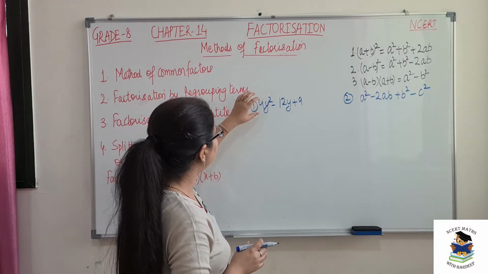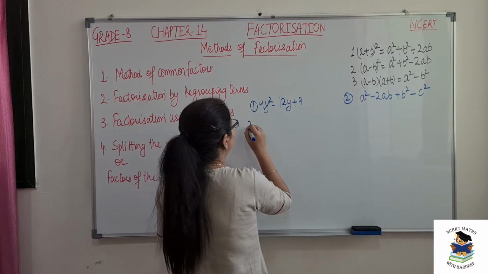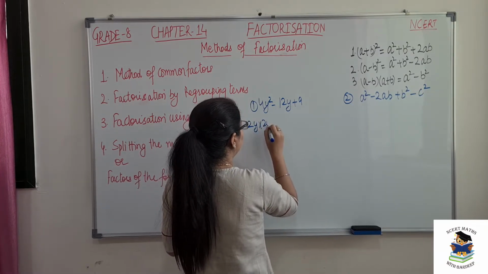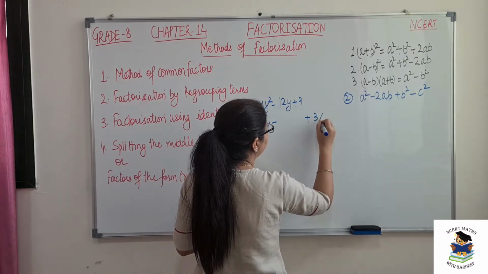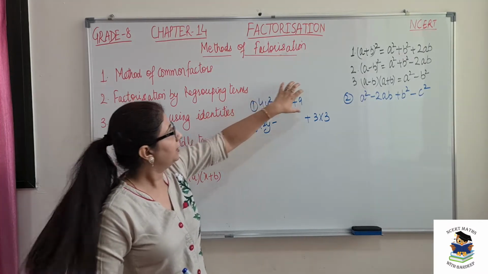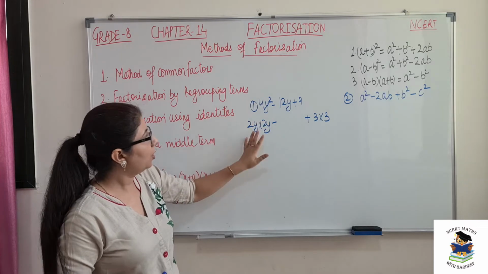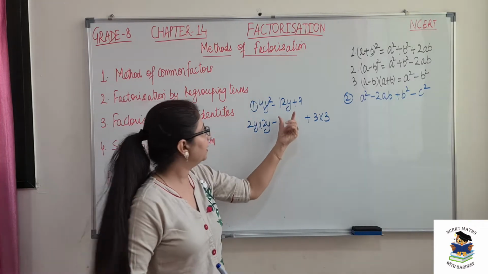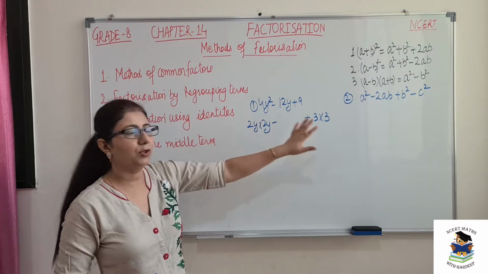So here we can see, because 4y square can be written as 2y into 2y, and 9 can be written as 3 into 3. So that means this first term and third term is a complete square. So now we need to check whether this middle term can be made from these